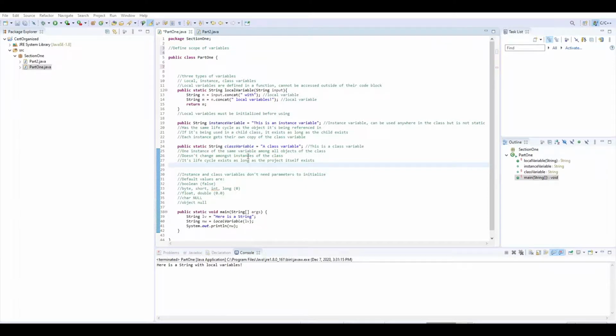And the final variable type is going to be a class variable. So a class variable has the same instance among all objects of the class. It doesn't change amongst the instances of the class, and finally, it exists as long as the project itself exists. So the way that we define this is by defining it as static. Static just means that it's steady throughout every single